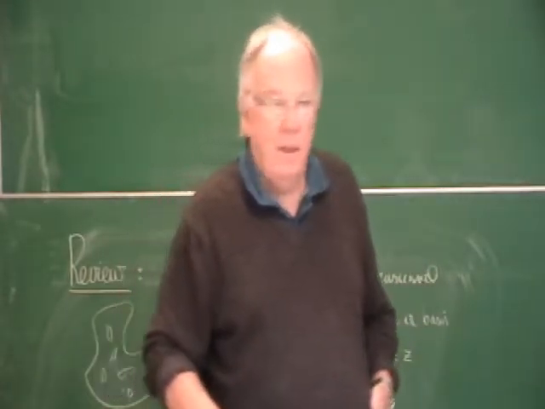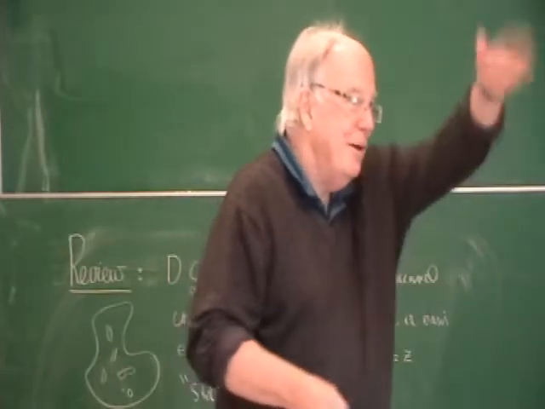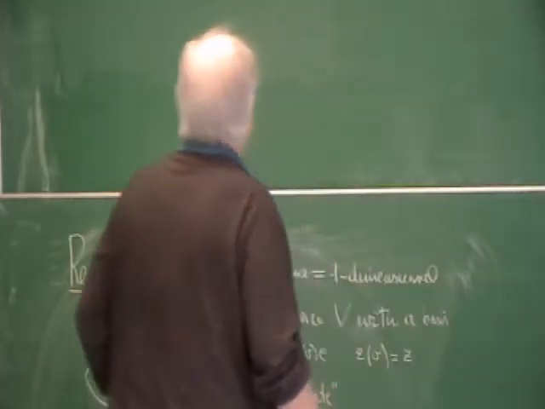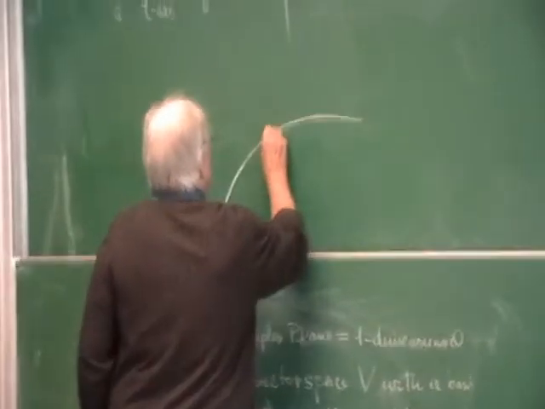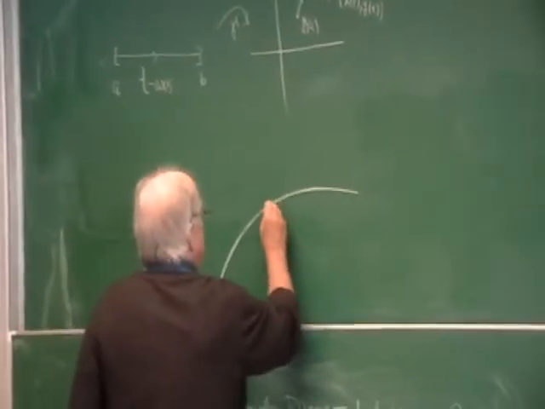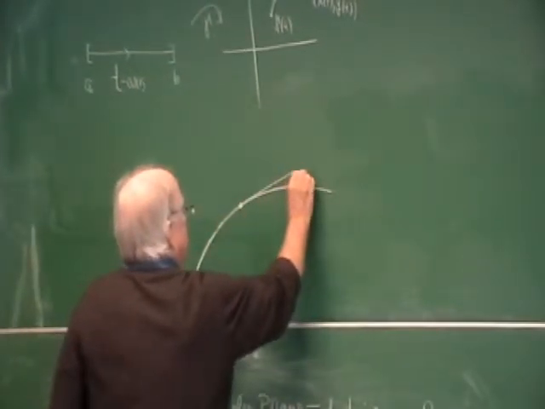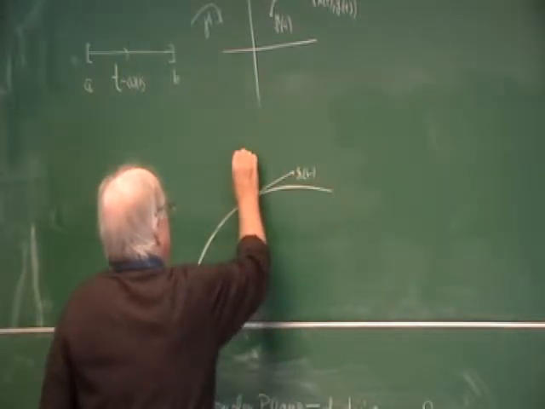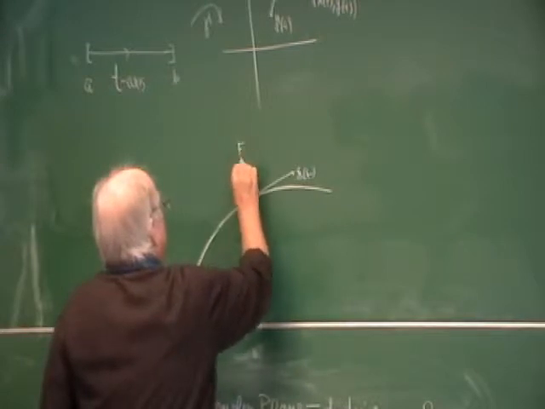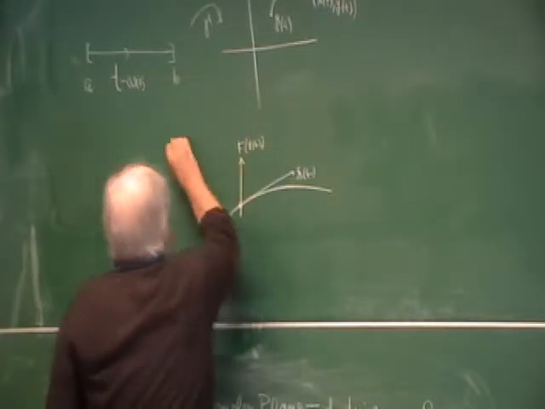This field, whatever it is, is not tangential to the curve. It's anywhere. So let me draw it again. Here is gamma dot, and here is this field. I'll call it F at the point gamma of t. This field is everywhere,